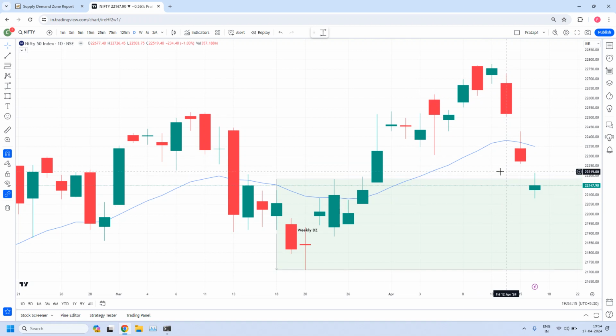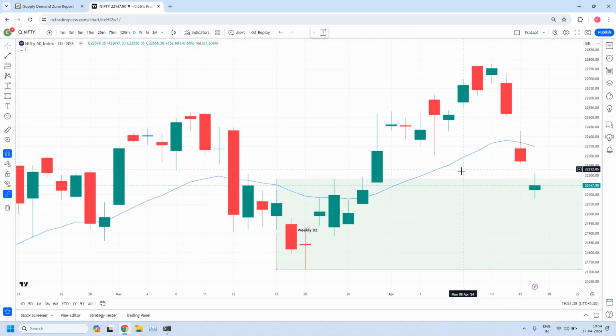And also their reward will be till their opposing side zones only. See, if it is a daily zone, till the next daily zone, target will be there. If it is a 75-minute zone, the target will be next 75. Obviously, target will be reduced. You will get a trade, but your target might be less